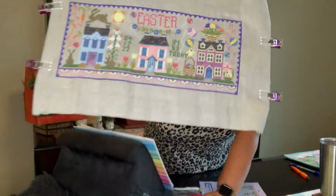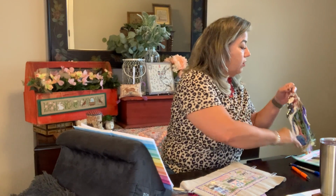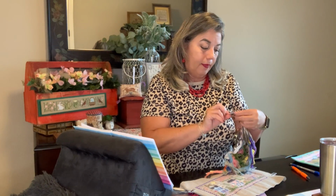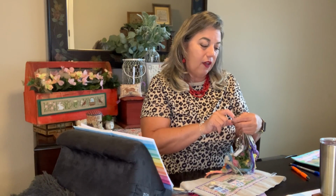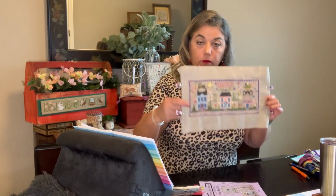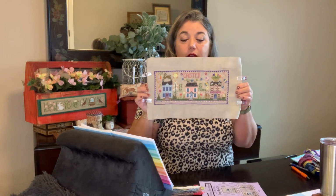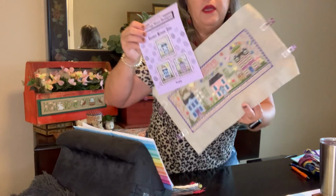This is the best thing ever, y'all. I'm telling you, these little tags, these little car tags is what I call them. It's on 32 count Dirty Belfast, and I did a 9 by 15.5 inches, so it'll have a 2-inch border. And there's part of it flat behind there, so there you go. I am in love with this thing. It is so springy and cheery, and the little houses are so cute. I told you I changed up the white house. I changed to a pink house